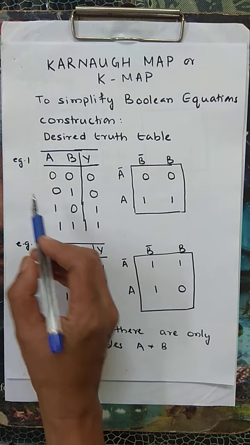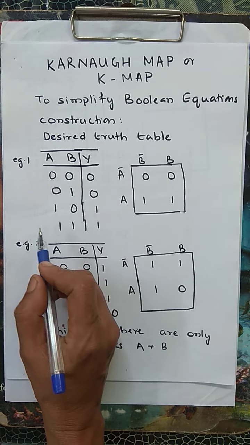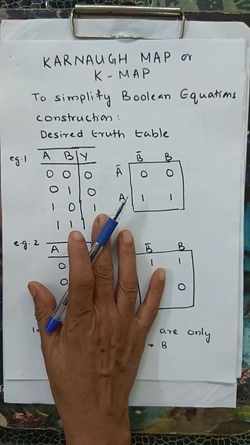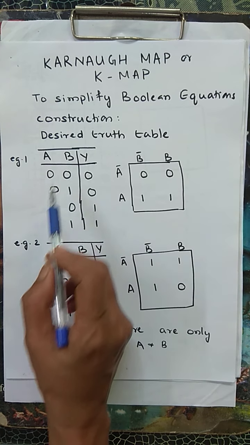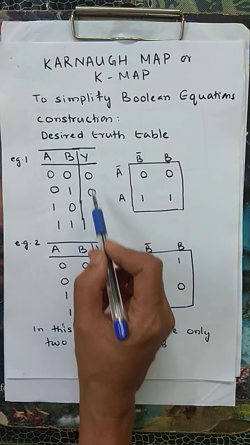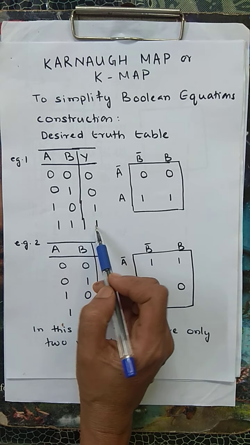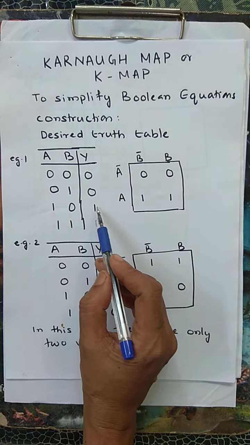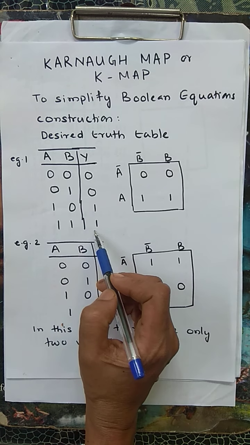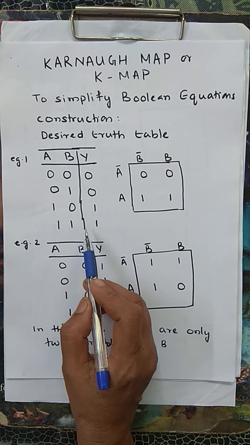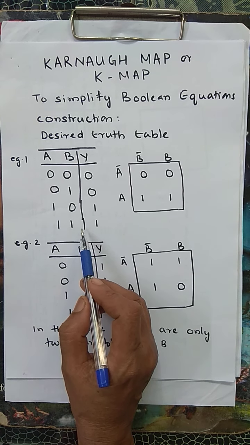First we'll take a truth table. The logic circuit we are going to design, the truth table we have taken. First instance we have taken a two input situation. A and B are the two inputs and you can write any desired output you require. So this is your truth table. Wherever you need a high output, you put it in the truth table. So now we have a truth table according to which we have to design a logic circuit.